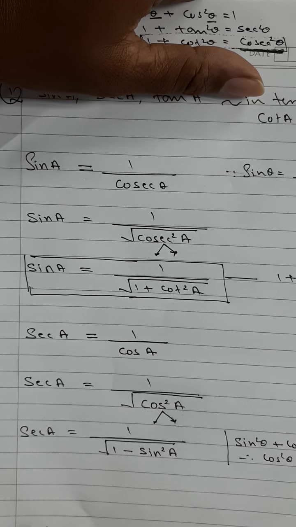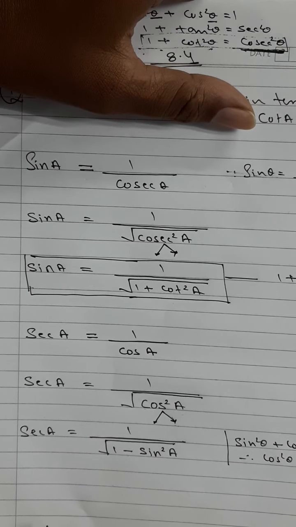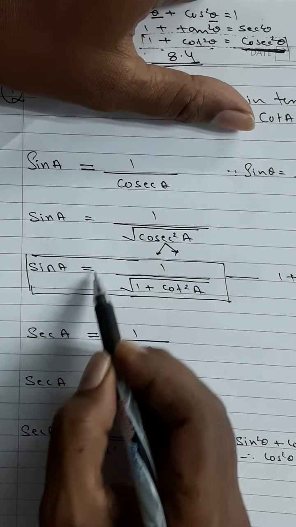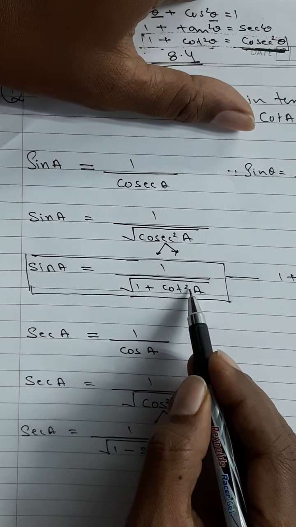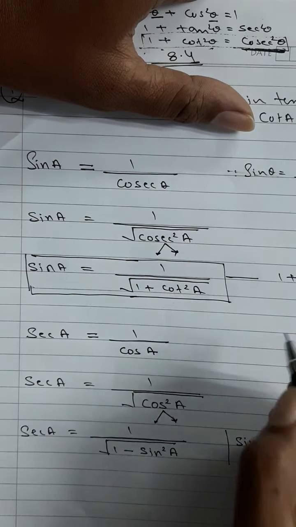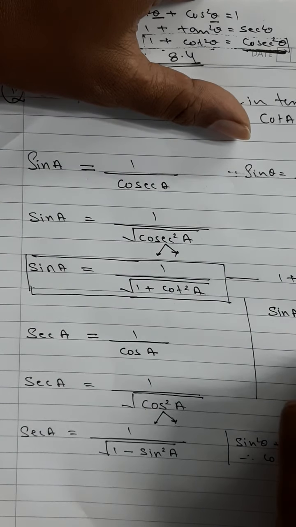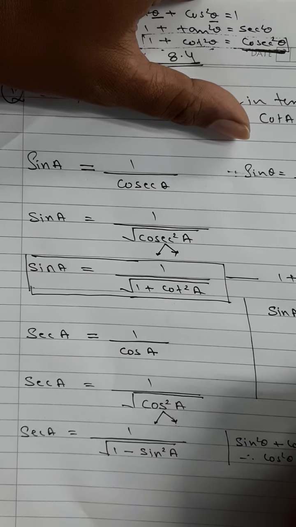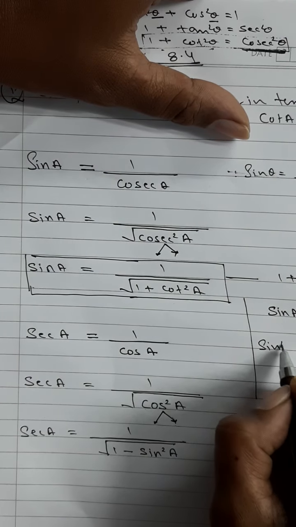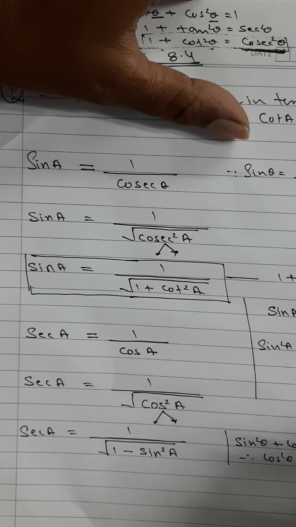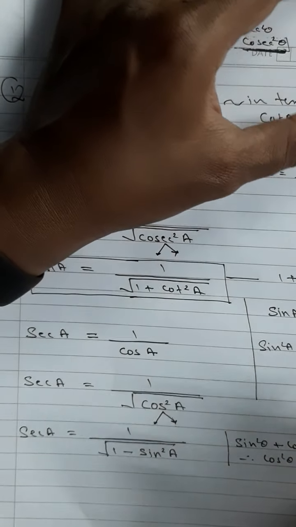Now I know sine square A. Actually, when it comes to sine A, I have got this. Sine A is equal to 1 upon root 1 plus cot square A. Try to understand what I am doing. If I take the square of both sides, sine square A is equal to 1 square, which will be 1, and the radical squared will give me only this. The square and radical both will go. This will be 1 plus cot square A. Okay, this will be the answer over here.